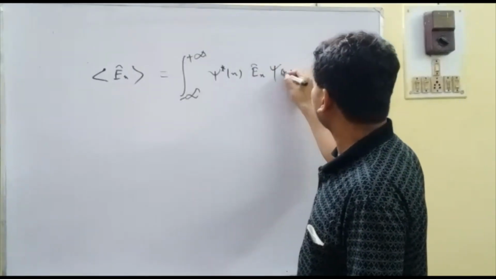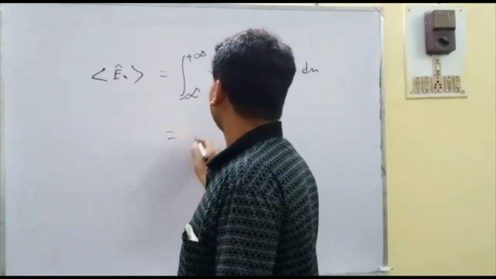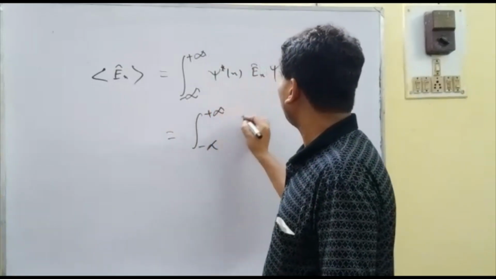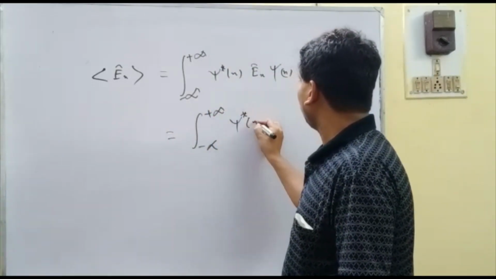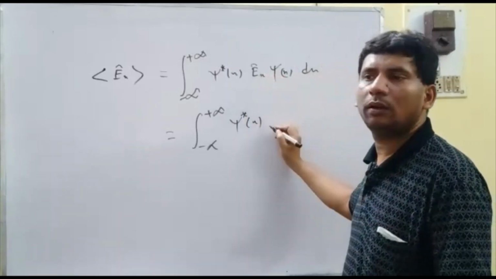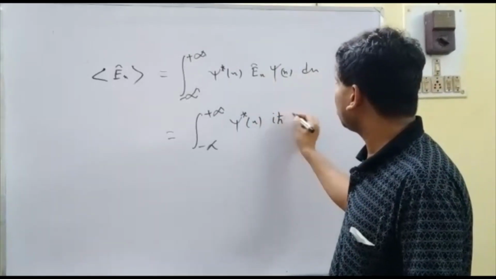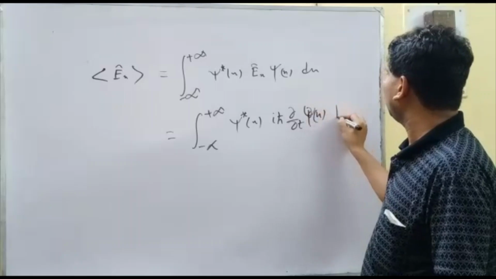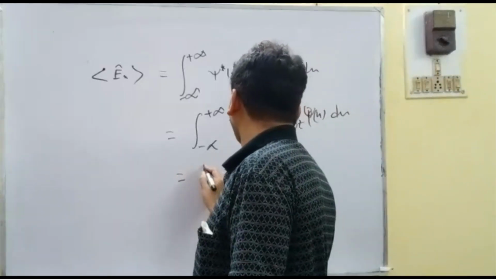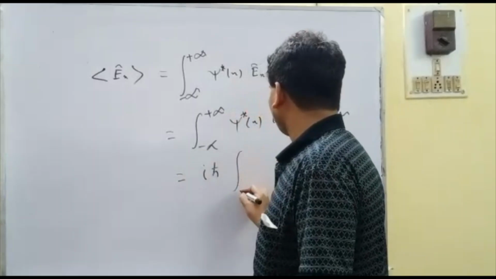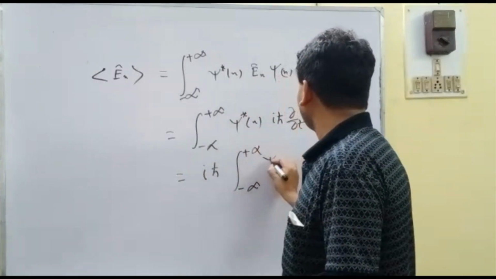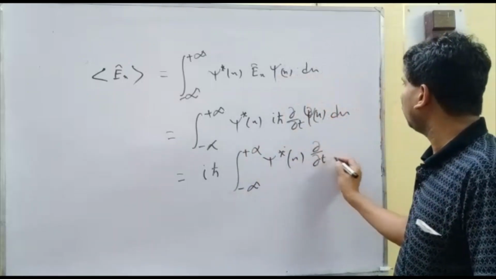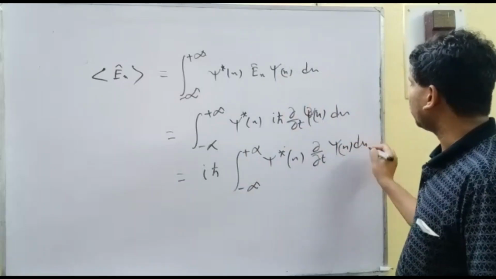We can rearrange: what is the value of E? i h cut del t psi x dx, equal to i h cut integral from minus infinite to plus infinite psi star x del t psi x dx. Okay,